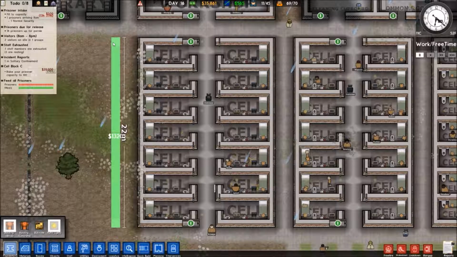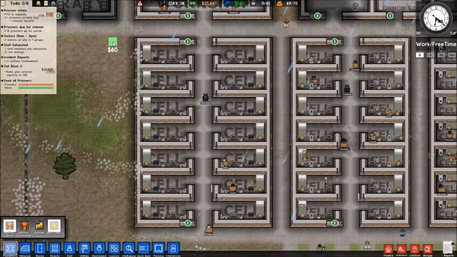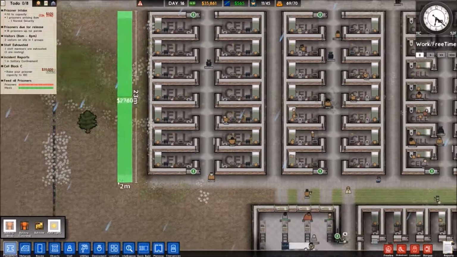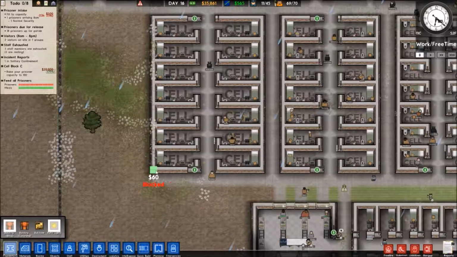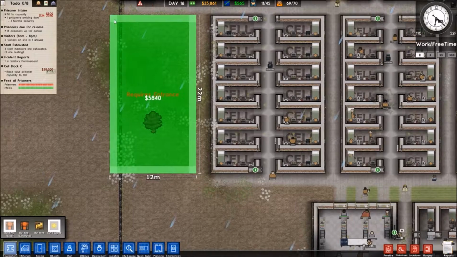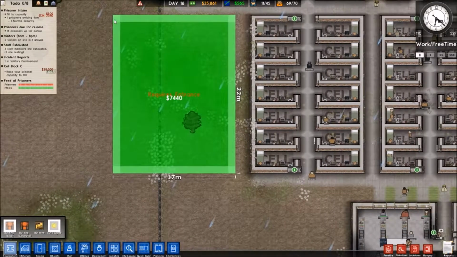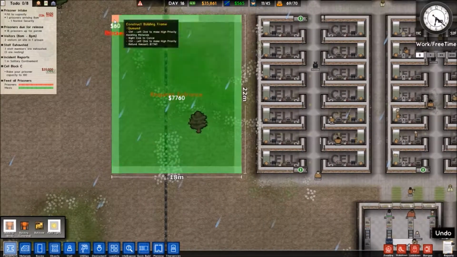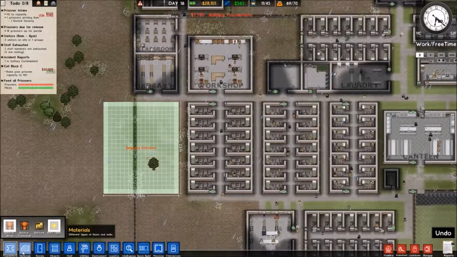Unless, of course, it's not. We'll fill whatever space happens. Whatever happens, we'll work with it. I don't want to rock the boat with the size. And this is currently 16 large, so we're going to make it 18 by 22 then. Jeez Louise, that's going to be a big cell block.